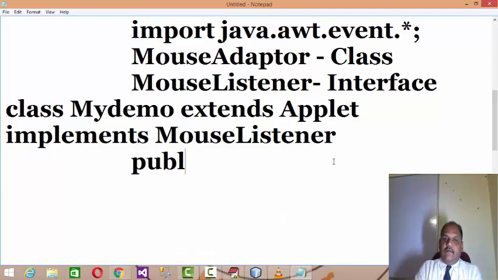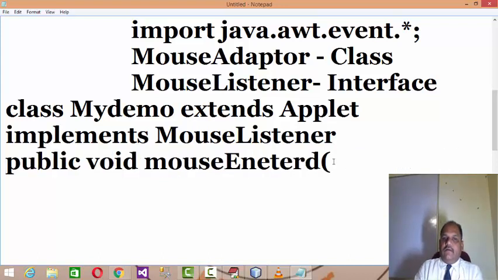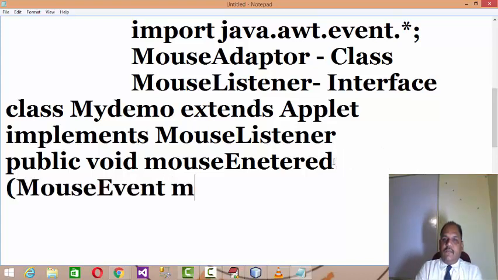Public void mouseEntered. Now mouseEntered is an event processor. Means like if you enter the mouse in the specific window or specific area, and it requires MouseEvent as an argument, right?